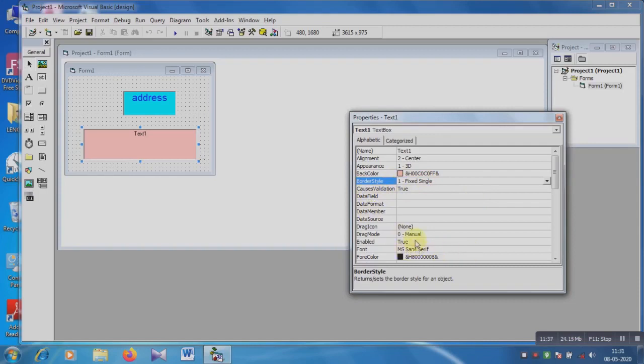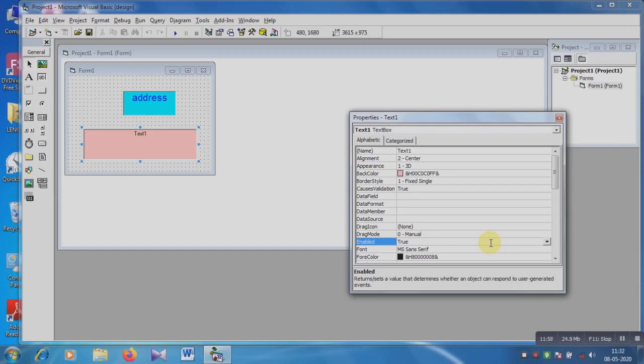Then the font option. Enabled, the same as the label tool, it must be true, don't choose false. It sets the value of true or false, and it determines whether the text box will be available for user generated events or not.